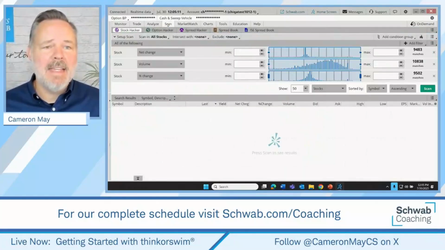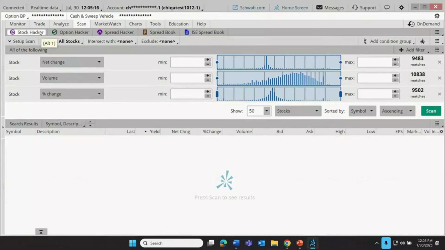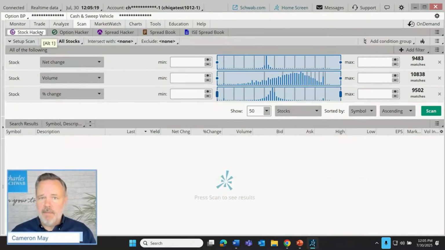I'm going to go to the Scan tab, and let's just go left to right, top to bottom, just as I like to do. We try to be as comprehensive in these discussions as I can. Now, I can't cover every single tool. So, for example, we have screeners, these scan tools that are for stock screening, for option screening. There's something known as a spread hacker, the spread book, the ISE spread book. I'm not going to be going into these others in any great detail today. Instead, we're going to be spending our time on the stock hacker, but the skills acquired here will definitely help us with the navigation and the usage of those other tools, which you can just explore on your own after we've concluded things today.